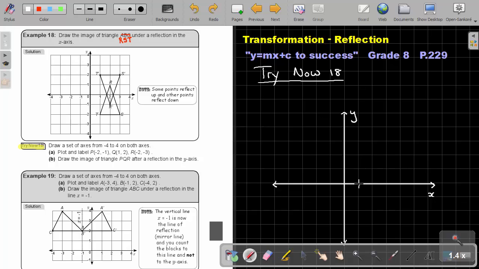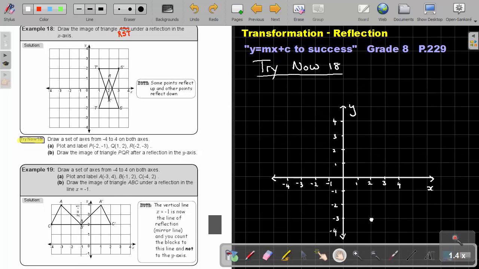I'm labeling 1, 2, 3, 4, and -1, -2, -3, -4. Then I label going up 1, 2, 3, 4, and -1, -2, -3, and -4. Okay, let's just move it up a little bit.